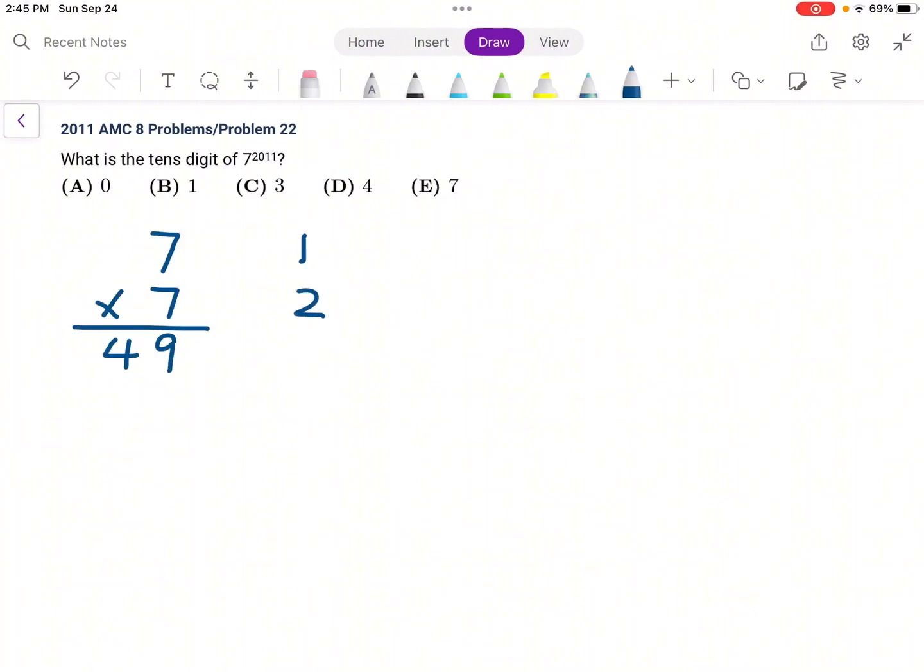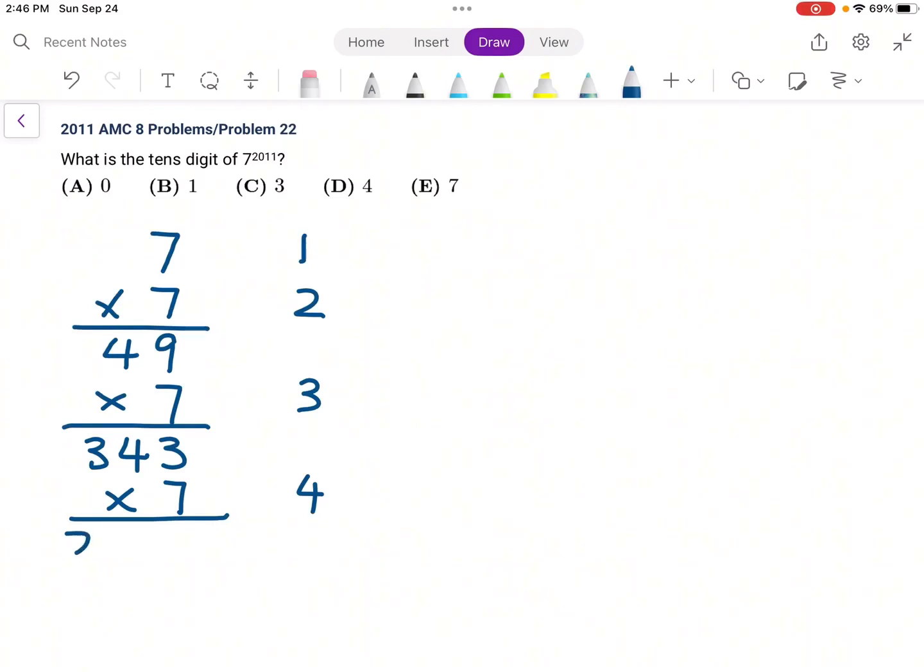And 7 to the power of 3, that's 343. And 7 to the power of 4, we multiply 7 again. That equals 2401. And 7 to the power of 5,